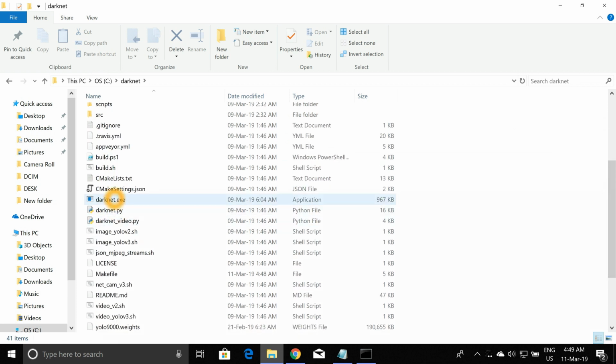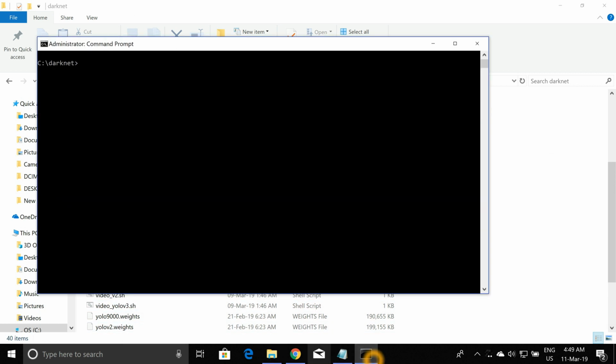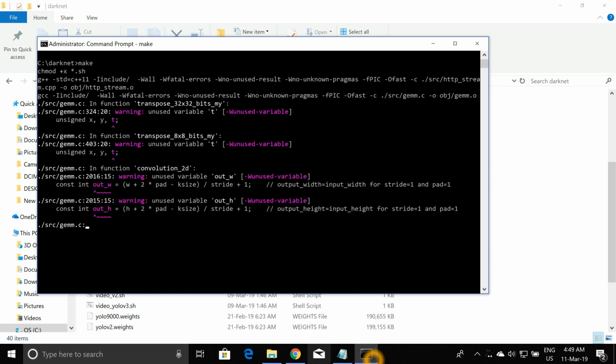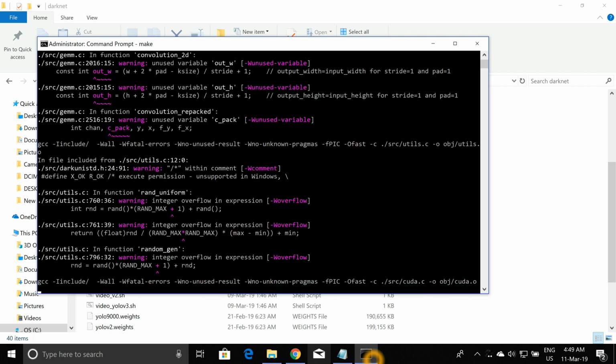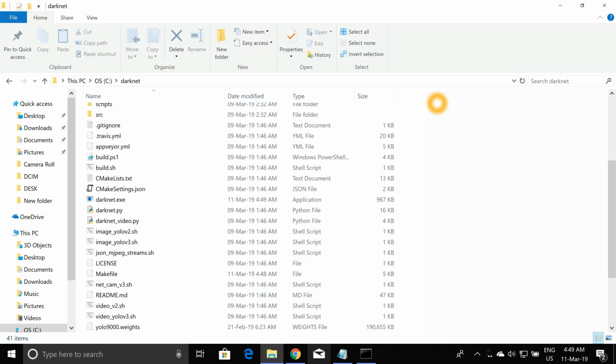Just to show you, let's delete this, and this is how I created the exe file. Just type make. Okay, so now the darknet.exe file has been created, but this file only works for the CPU and not the